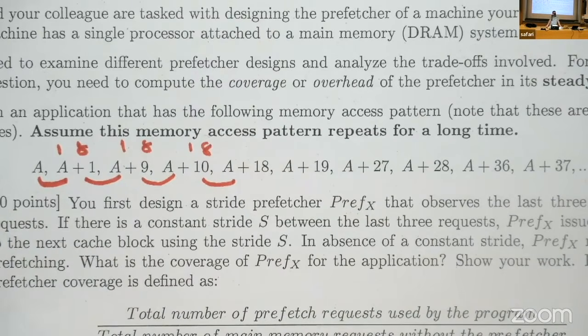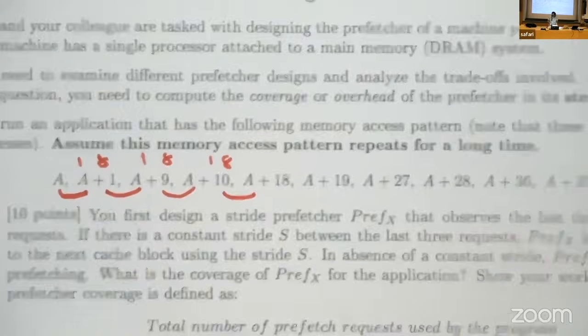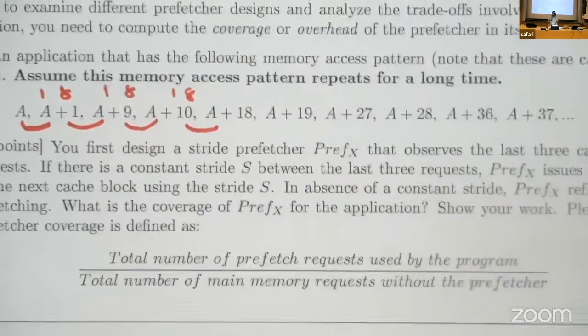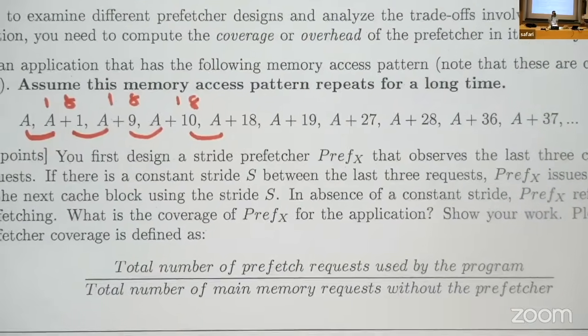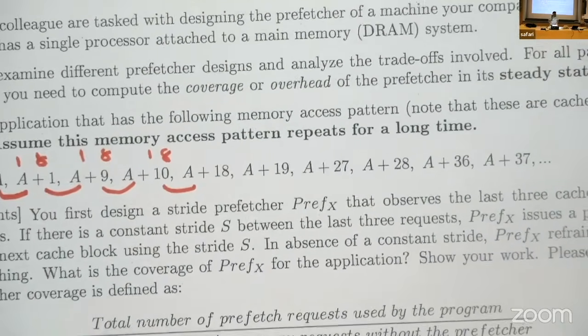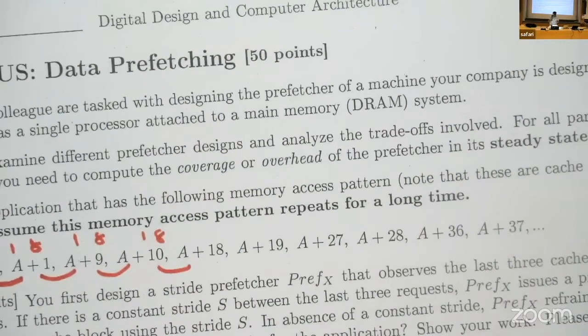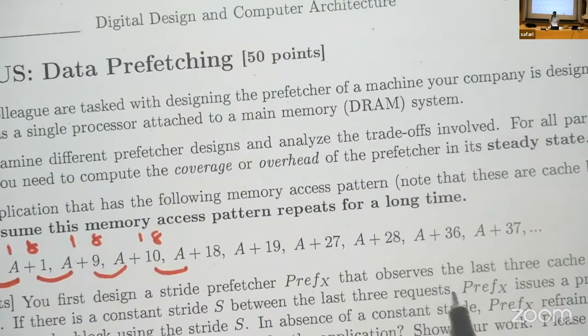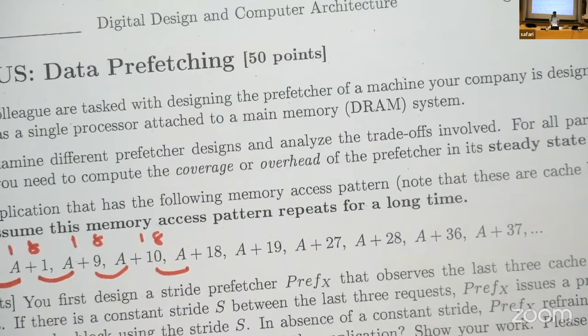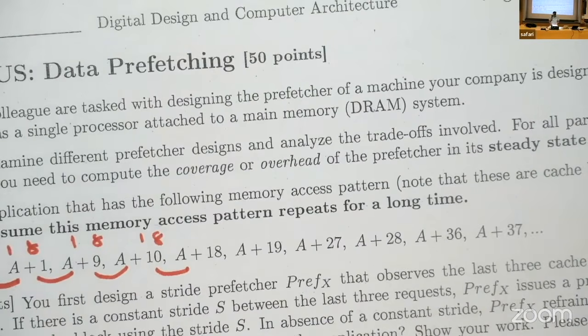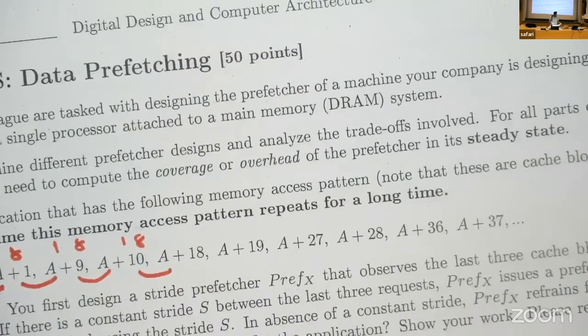So we already know this access pattern, and we also know what kind of prefetchers are implemented in the system, and we want to calculate some metrics based on those, basically. And for those metrics, you already have the formula for how you calculate them here as well. So okay, I don't remember the first question. Let me read. So you design a stride prefetcher that observes the last three cache block requests, and based on what you have,